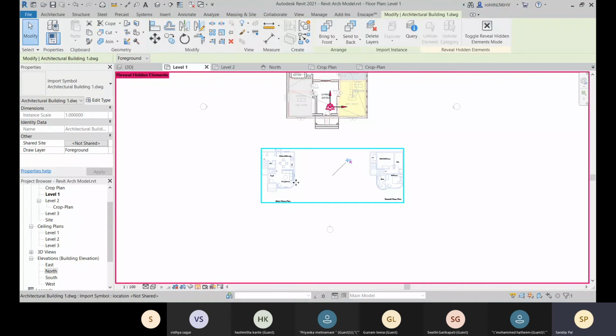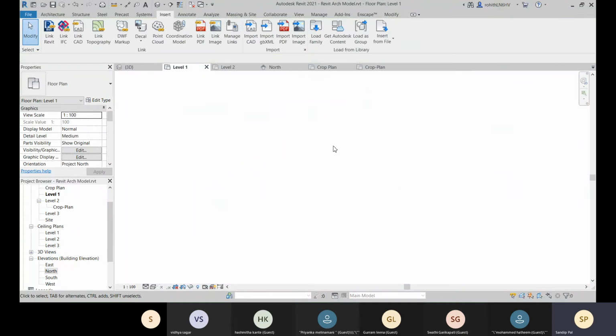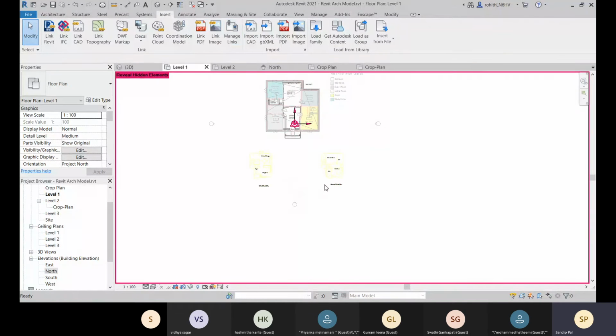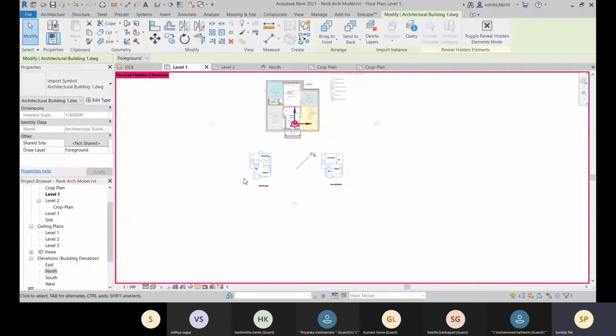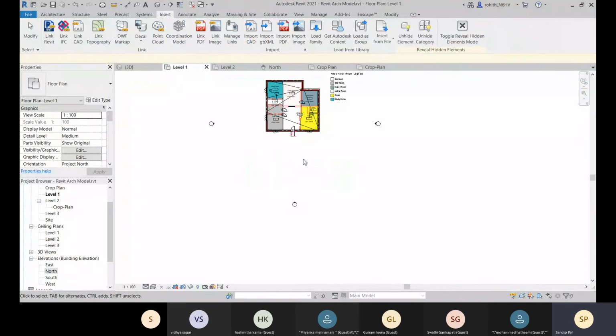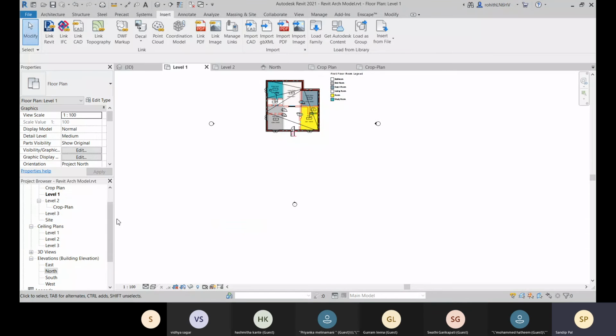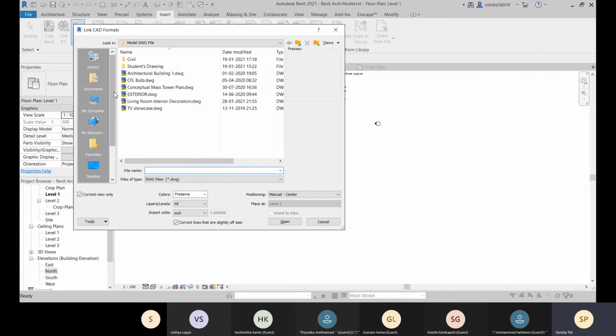This is present over there. So we can do this, like this, and remove this, and if we go for this manage link option that we'll see, we can go for this link, add, and we can